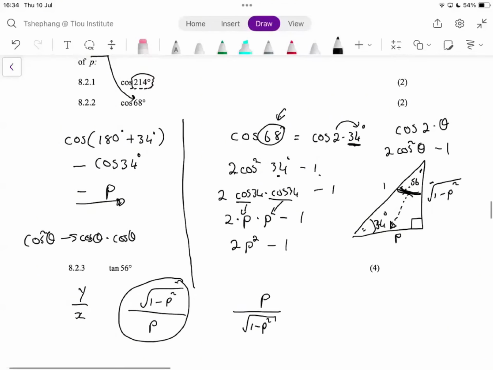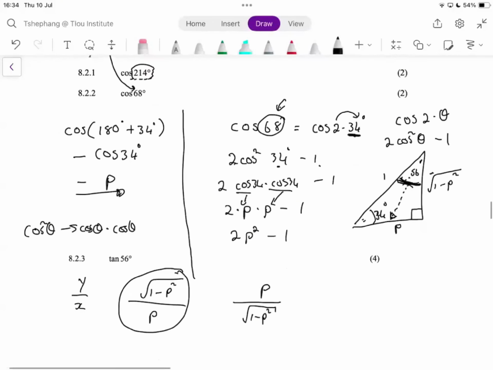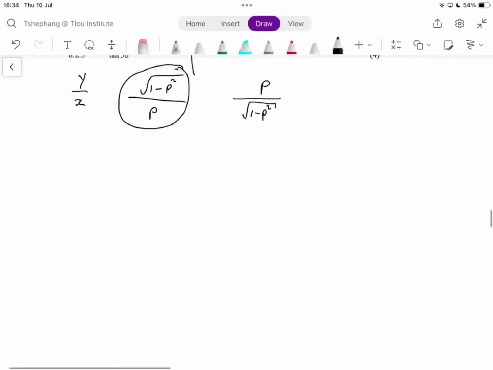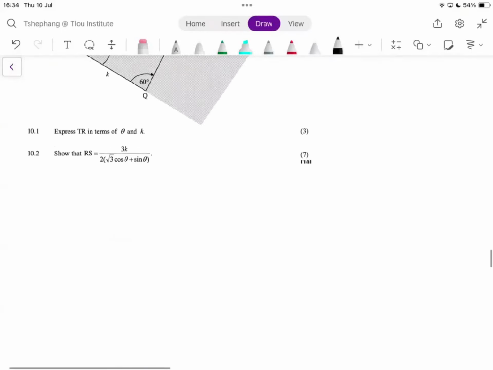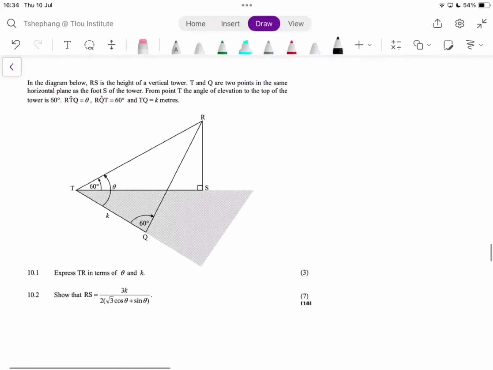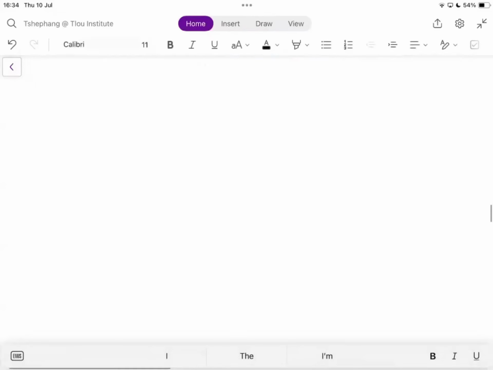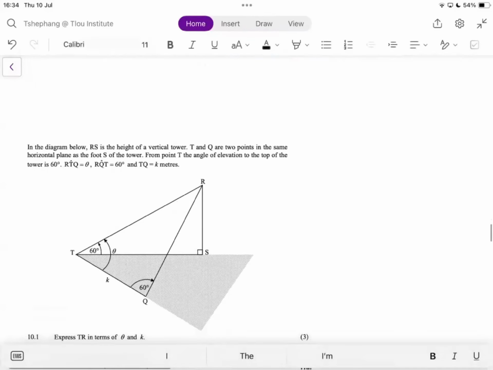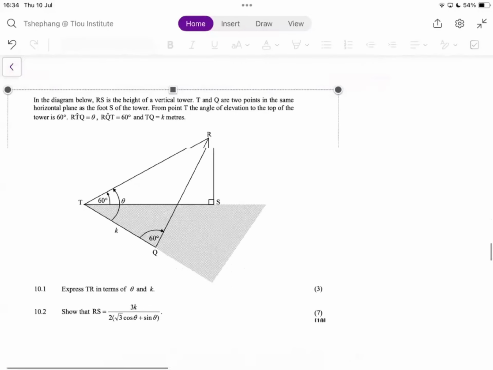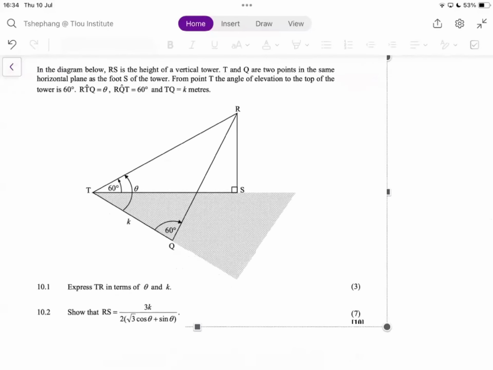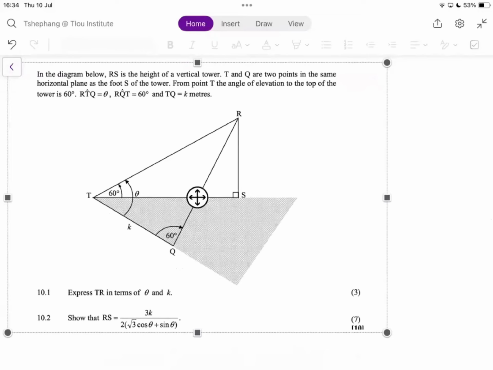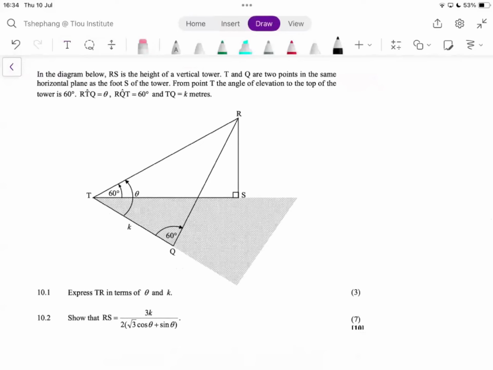Okay, quickly take it down so we can move on. Okay, perfect. I'm going to skip some of the questions so that we can look at these kind of problems as well. Okay, let's just scroll down. 3D trigonometry. We can clearly see the question there. Let's check what's happening here.